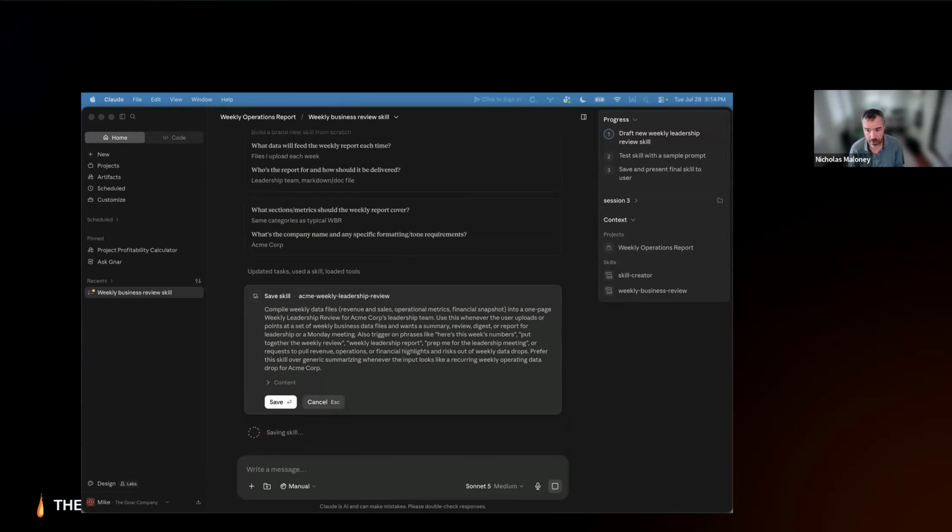We have one, for instance, where our dev team has a whole set of skills. You commit the skill files to GitHub, and there's some code involved to publish it as a marketplace. But you essentially would point Claude at that GitHub link, and then it would see all the skills that you maintain, and it allows you to install, manage, and update them. That's a very powerful feature that we use quite frequently.